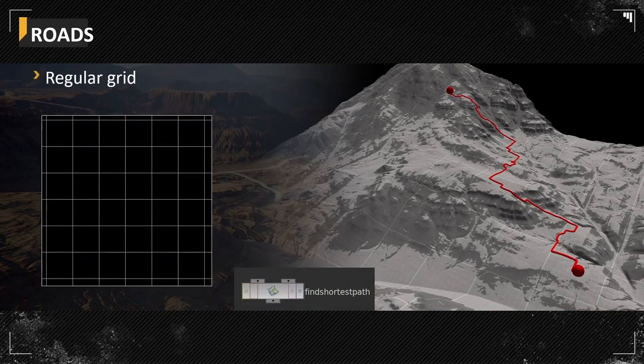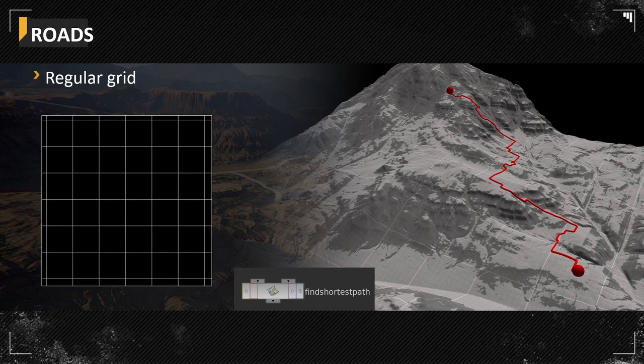One key finding, if you want to try that: if you pathfind on top of a grid, you're going to get this kind of result. It's appealing, but not really. And if you just smooth the curve, you're not going to match the terrain anymore, or you're going to create inconsistencies, with a road going up and then going down.